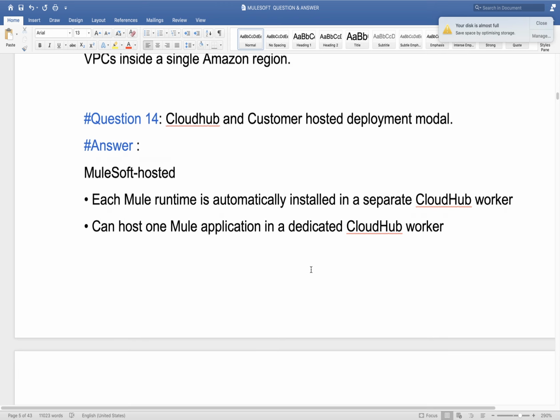Now next is what is CloudHub and the customer-hosted deployment model. Let me